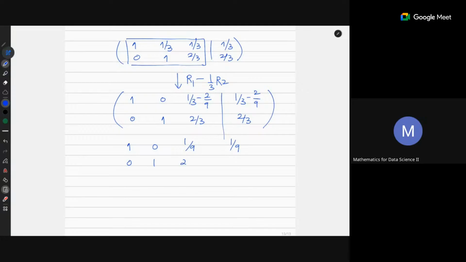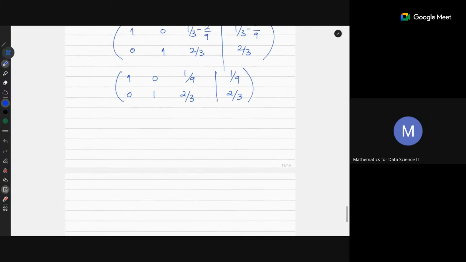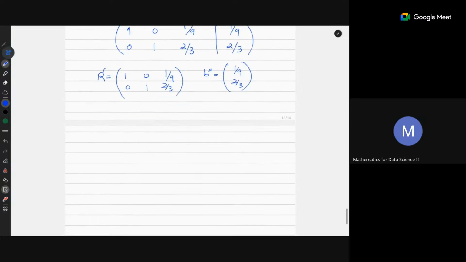Zero, 1, 2 by 3, 2 by 3. All right. So now, if I write it down in terms of the RREF, my R, let's say R prime, is 1, 0, 0, 1, 1 by 9, 2 by 3. My B prime, let's say B double prime, is 1 by 9, 2 by 3. And if I write down the corresponding system of equations, which is R x bar equal to B double bar,